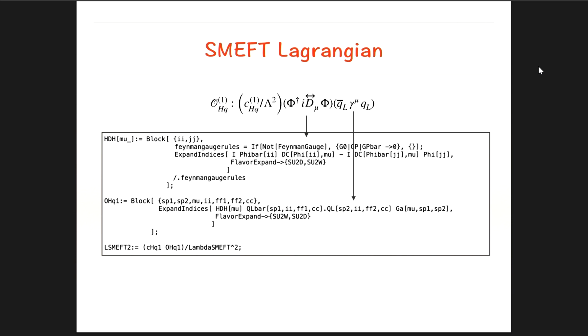So DC of phi is already defined. Therefore you can simply take that and just put the indices, the SU2 index and the mu index, which is the Lorentz index, and you define explicitly. And so this is this part. Okay, and then you have QL bar gamma mu QL, that is easy. So you have this QL bar and this QL, this is the gamma mu, and you have to make sure that this matrix multiplication is correct, and that's it. And in both cases you flavor expand in terms of SU2D and SU2. So then you say